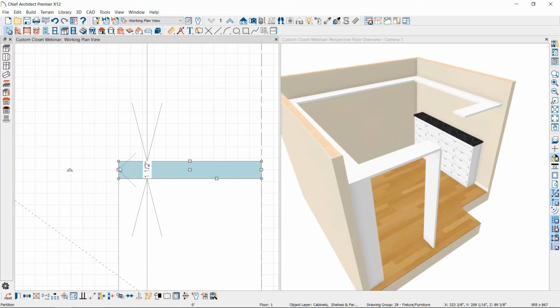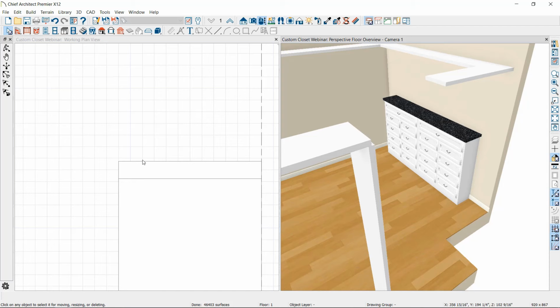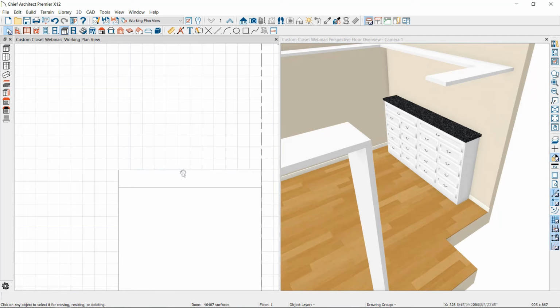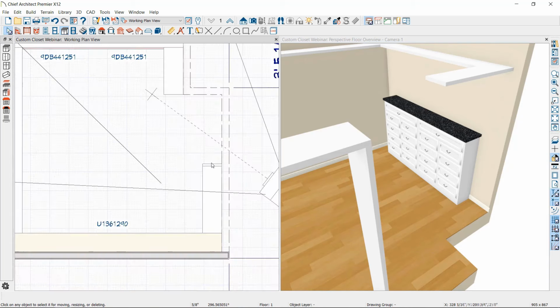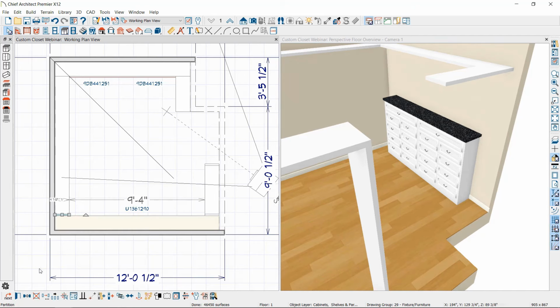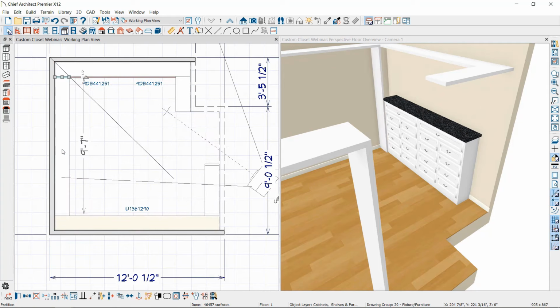So I'm going to go ahead and use my point-to-point move so I can slide it underneath, because if we look in 3D, this is what we have right now. So point-to-point move is going to allow me to select a corner and then select the corner that it needs to move to. Then I'm going to take this partition and copy and reflect it underneath this shelf, copy and reflect it across this room, copy and reflect it across this shelf,